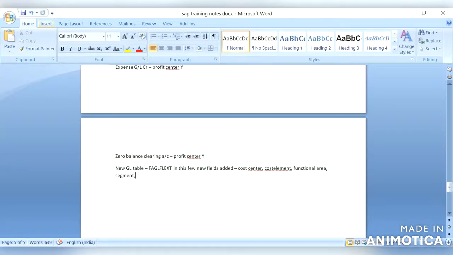Based on all these fields, we can generate the reports. The main purpose of new GL is reporting.